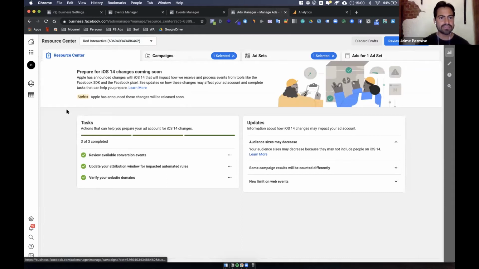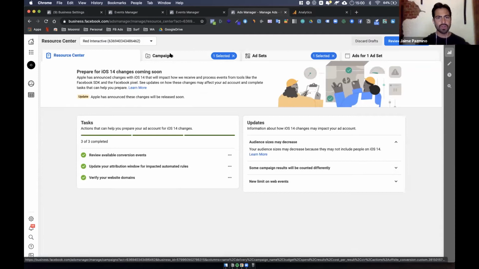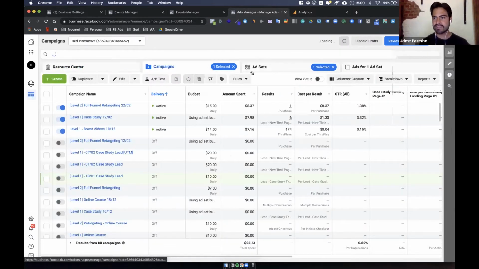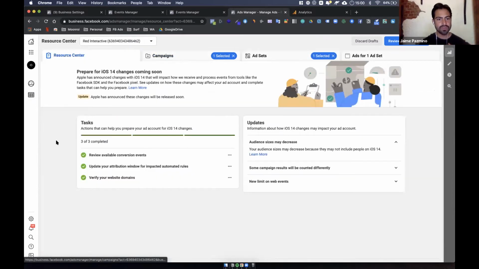Then next thing, this is what I was mentioning. Sorry, let me put this here. Next to our campaigns, like the Ads Manager used to be until campaigns, ad sets, and whatnot, now we have a new area, which is called Resource Center. This appeared with the new update and everything we're facing. In Domain Center, there are 3 things that you need to have ticked as green. Verify your domain, which is the main thing that we just covered.